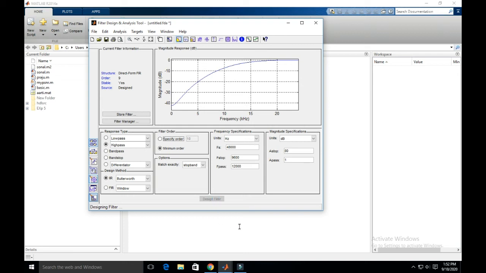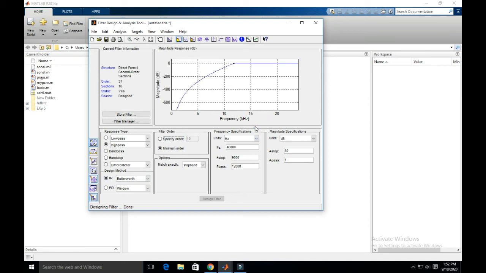Just click on design filter. You can see here, this is the infinite impulse response high pass filter. This is the magnitude response. If you want to store it, just click on store filter.